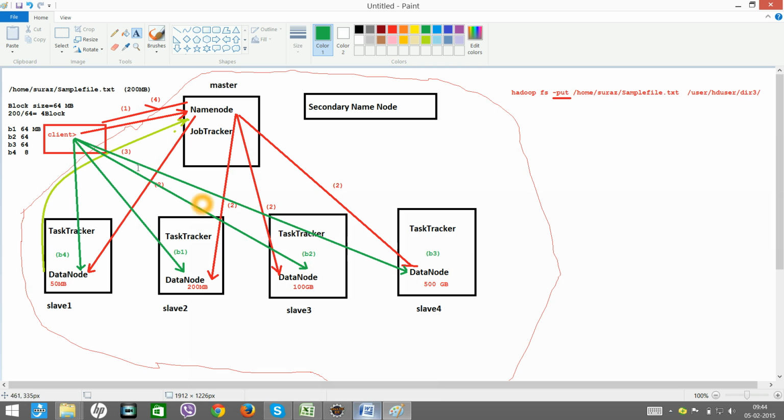Okay, now once the client has started writing the data here, this data node will communicate to this data node. So this is step number 3, 4, and this is step number 5 actually.